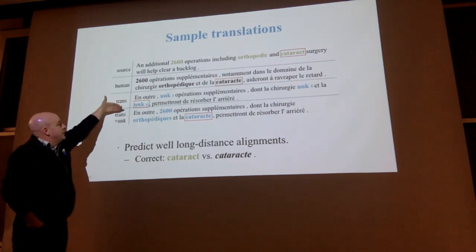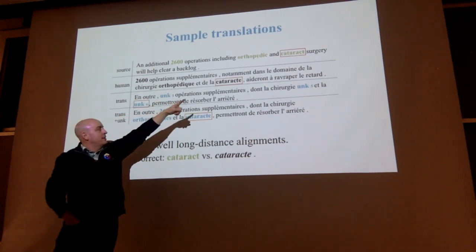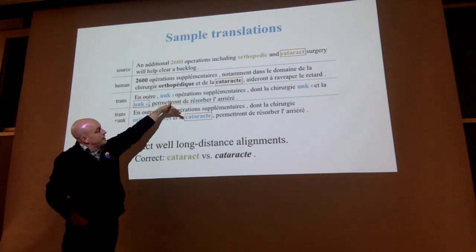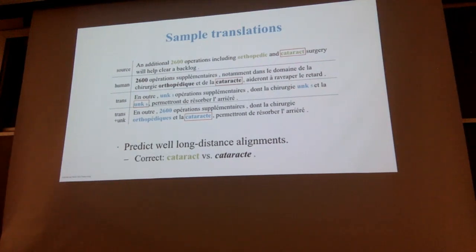And then when we do this copy mechanism, we go, oh, I know, I can just look this up in a dictionary, English to French translation, and put the right word there, and all of a sudden my BLEU score goes up by a little bit, and you do this a bunch of times and you get state-of-the-art